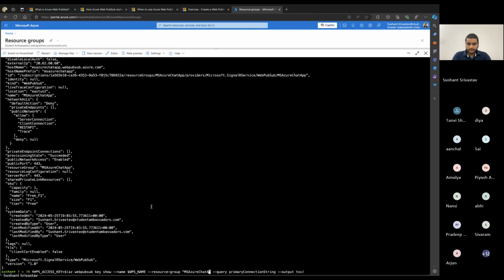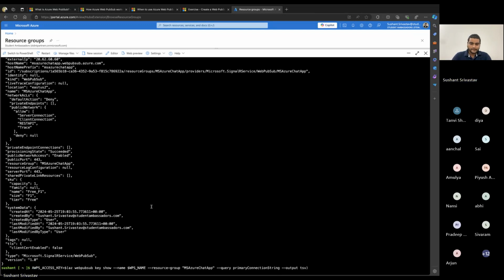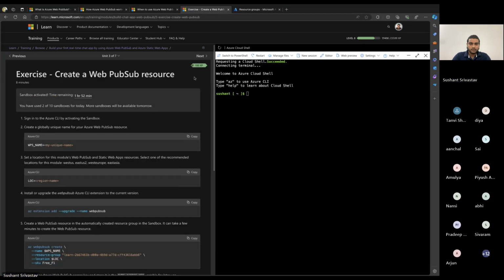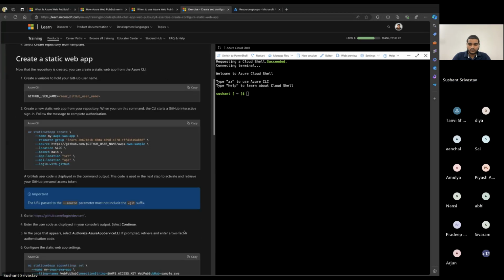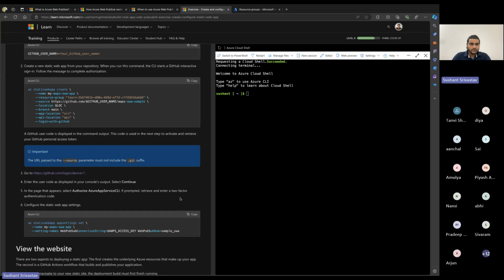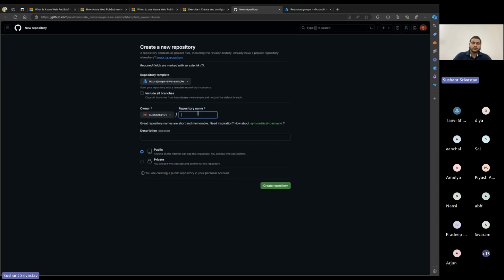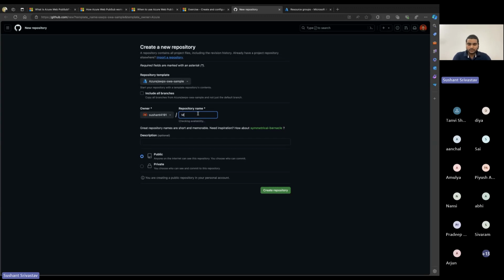This is your chat app. So our key is saved, we can move forward now. If you can see, our next step is going to be preparing our GitHub repo. The GitHub repo is specifically for our use case because we'll be using the static app that is based out of GitHub. For the namesake, since we're using the same name, let me just keep Azure chat app